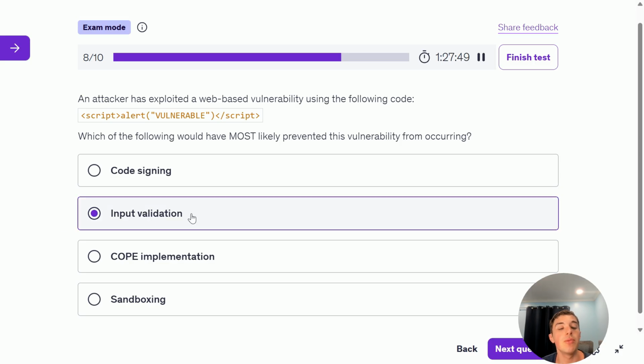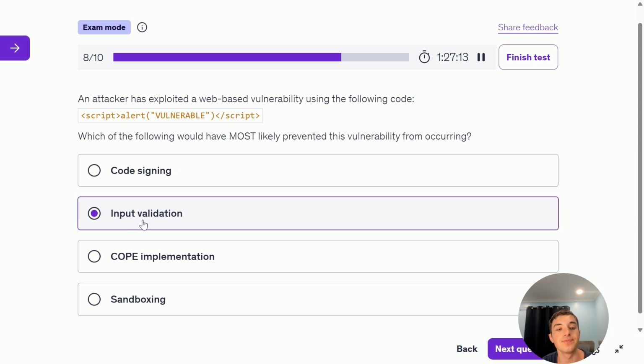And the correct answer is input validation because right here we have an XSS, or cross-site scripting, attack, and this is the concept of an attacker injecting malicious JavaScript code into a web page. Input validation would block this just as it would block a SQL injection attack most of the time, because input validation involves blocking certain characters from being entered into the keyboard. So if you wanted to block an apostrophe from being typed into a web page or a web forum, or you wanted to block the $ sign or the @ or the hashtag or £ sign, you could easily do this via